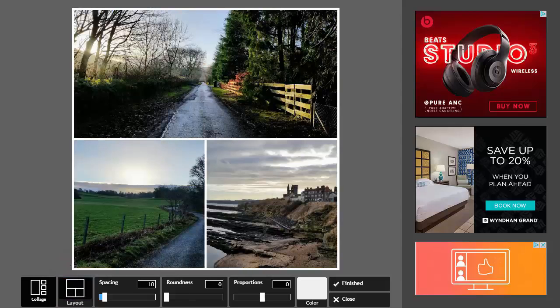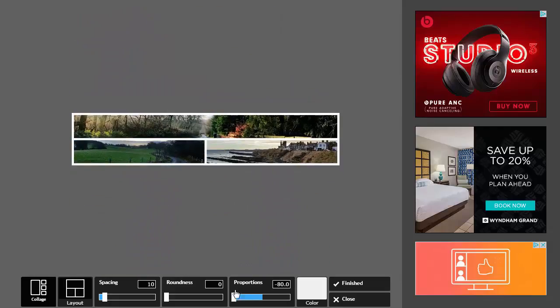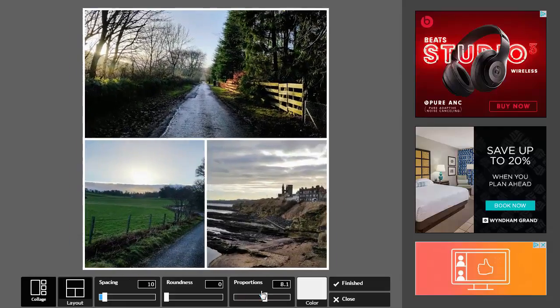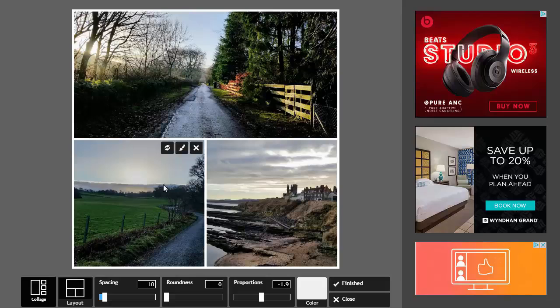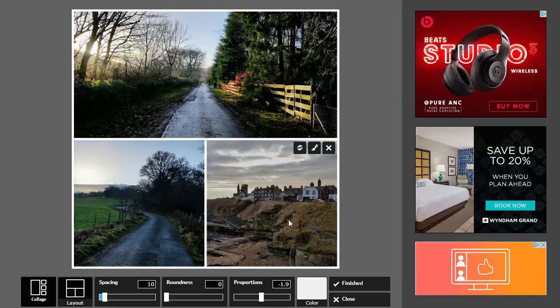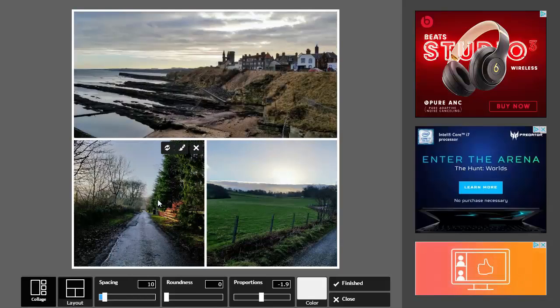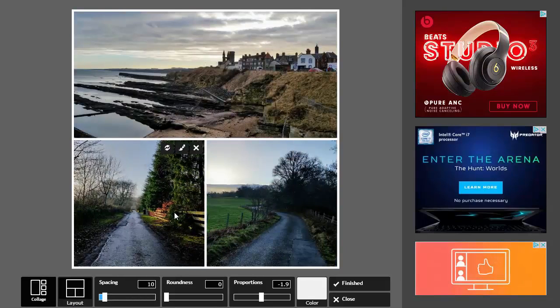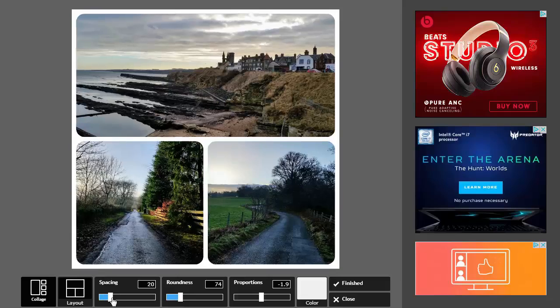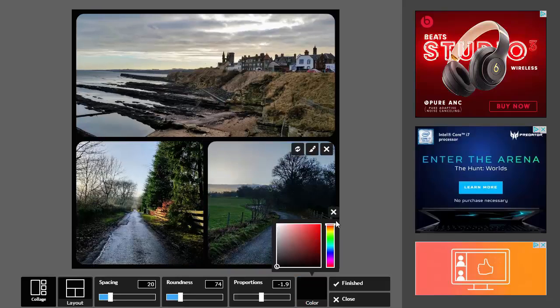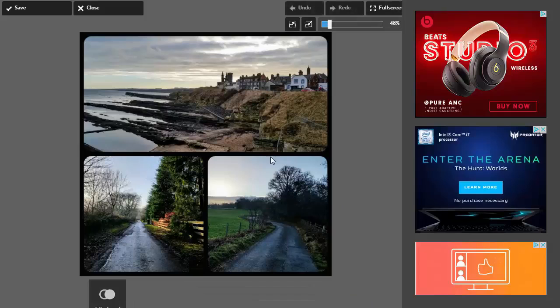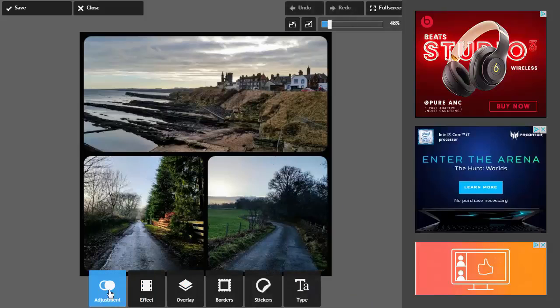What's kind of neat about this is that once I get one of these, I can actually affect the proportions and drag it around and adjust, kind of how it's laid out. But if I don't like that it's focusing on this part, I can actually move this around and kind of change what this is actually focusing on and stuff like that. Even moving them to different parts of the collage so that I can have a bit more balanced visually. I can adjust the roundness of these edges as well, and I can adjust the spacing and even adjust the color of this any way you like. And then when you're finished, you just hit finish, and then you can continue from that point to do additional